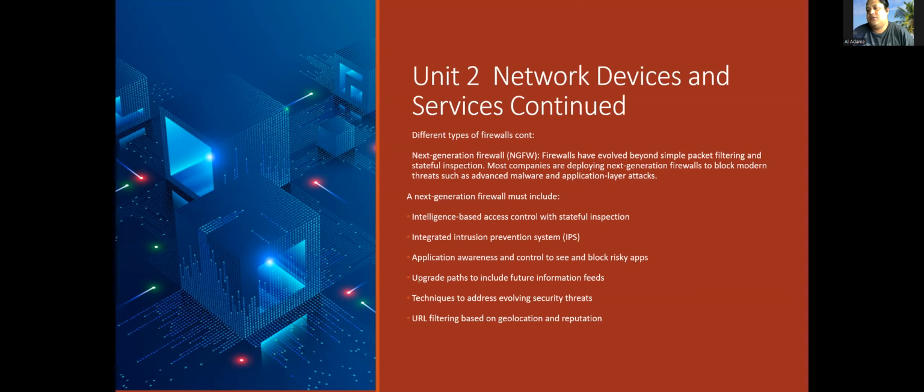So, different types of firewalls continued. Next generation firewall. Latest and greatest, right? Firewalls have evolved beyond simple packet filtering and stateful inspection. Most companies are deploying next generation firewalls to block modern threats such as advanced malware and application layer attacks. Like, I don't know, like DDoSing. You know what DDoSing is? Denial of service attacks. The next generation firewall must include intelligence-based access control with stateful inspections, integrated intrusion prevention system,